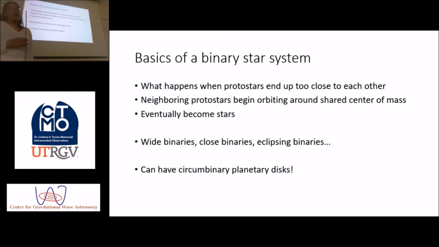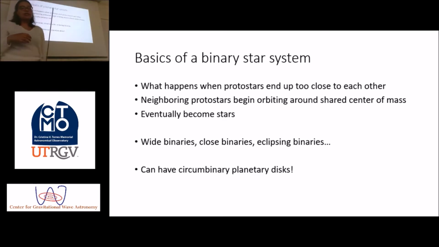And there are a few different ways that binary star systems are identified. So there are wide binaries, which mean that the binary stars are far enough from each other in space that they're not accreting any mass from each other. And so, in contrast, close binaries are ones where one of the stars may be accreting mass from the other, and may eventually entirely swallow up a second star.